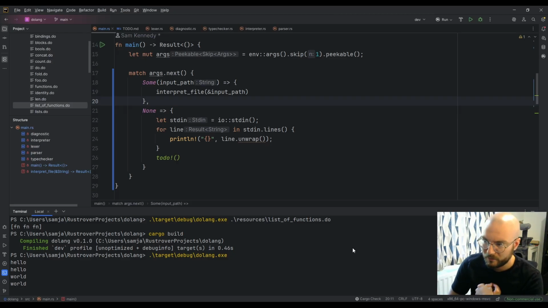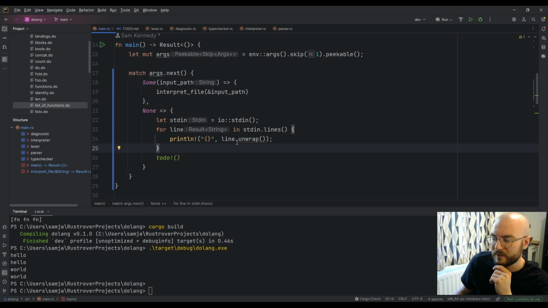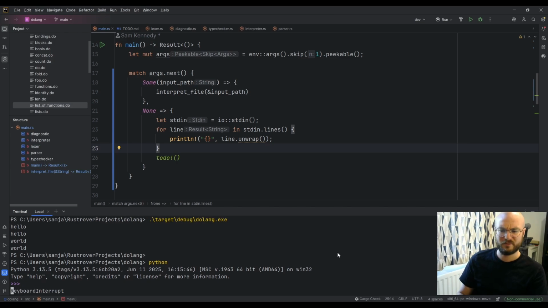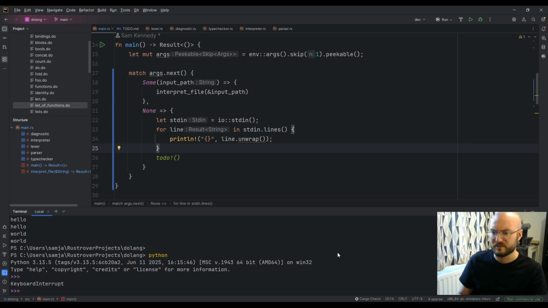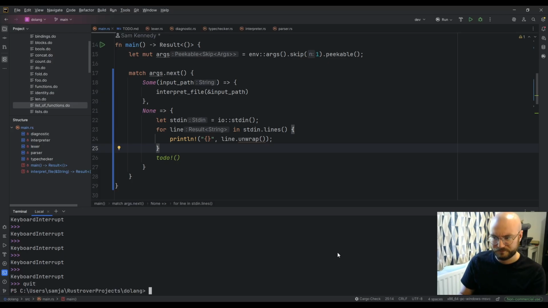I don't know if there's a way, okay, you can escape out, but I think it makes sense for us to have a way of quitting, like how in Python, if I try and Control C, yeah, it just pastes for whatever reason. Yeah, there we go. I must have just missed and hit Control V. You just get a keyboard interrupt. You don't actually leave. You have to type quit.